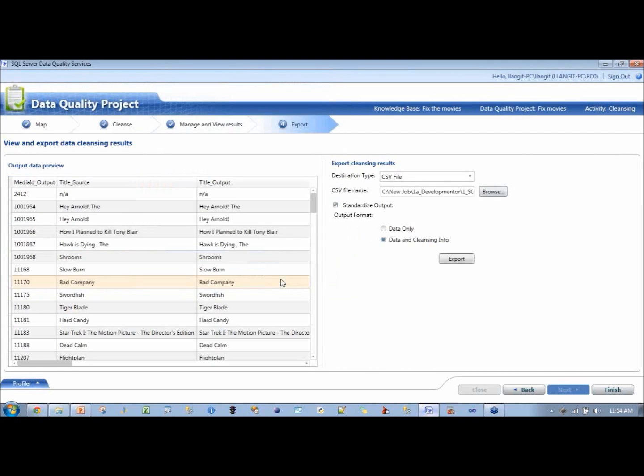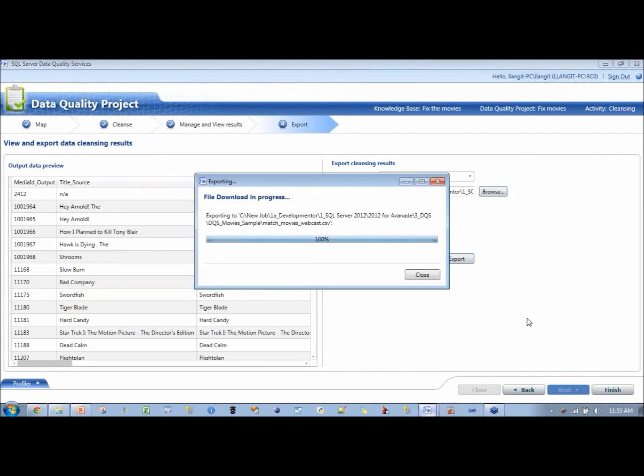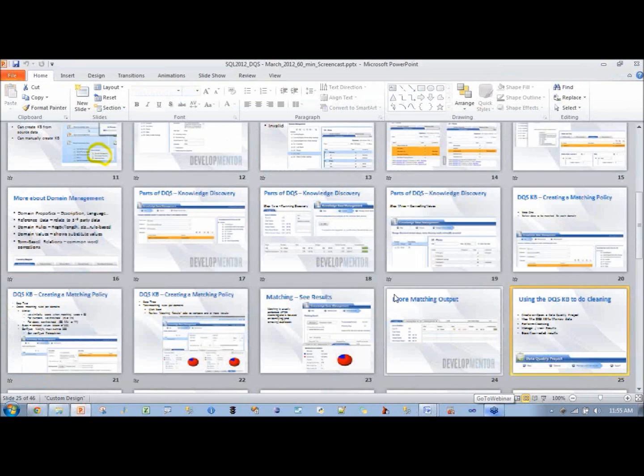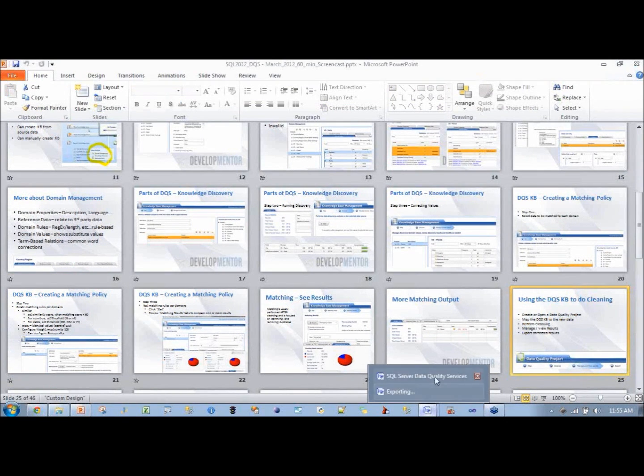You can then take the CSV and use it, with an SSIS package or something, to perform integration. One step that I didn't show you, that I'll skip over to the slides and show you, is the integration. Well, I guess I can do it over here. I did not show you